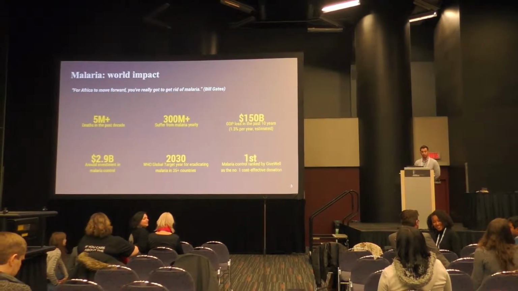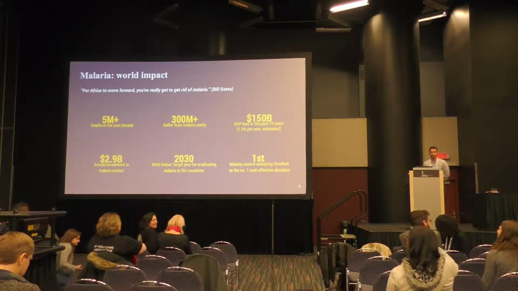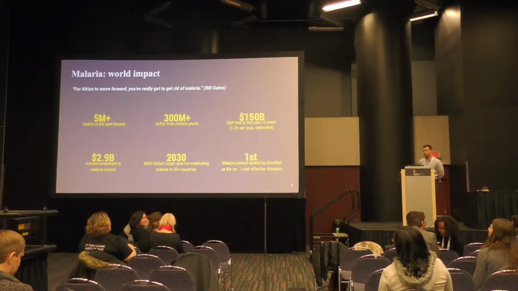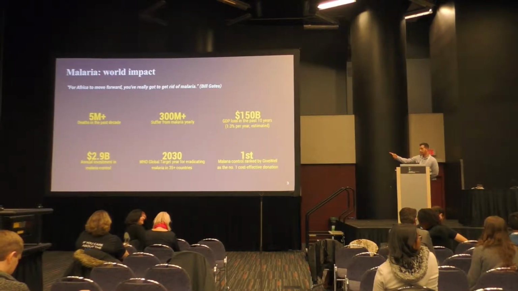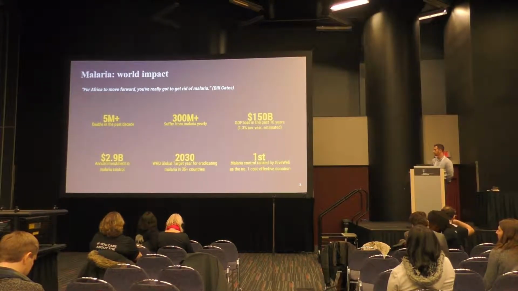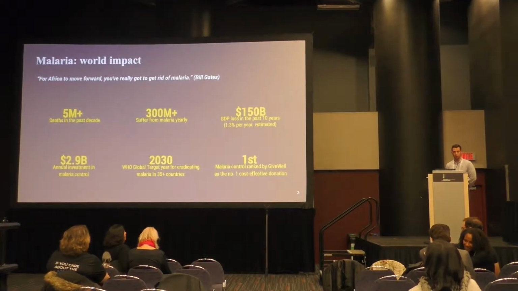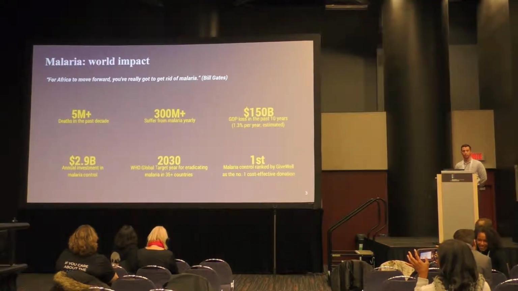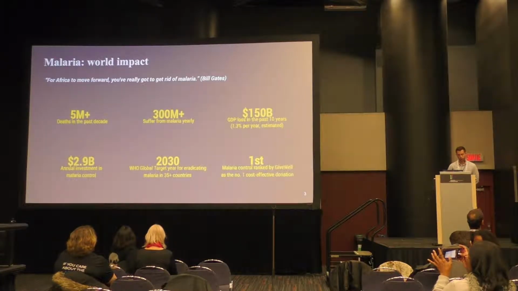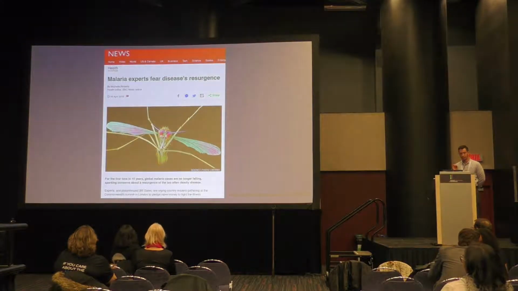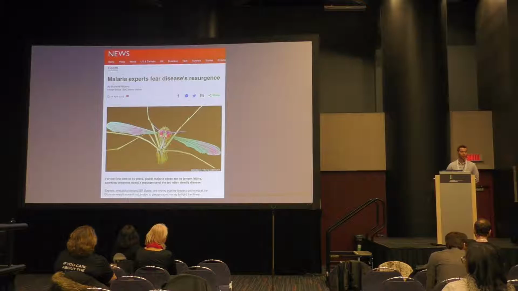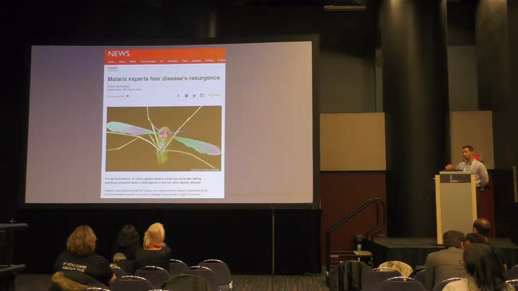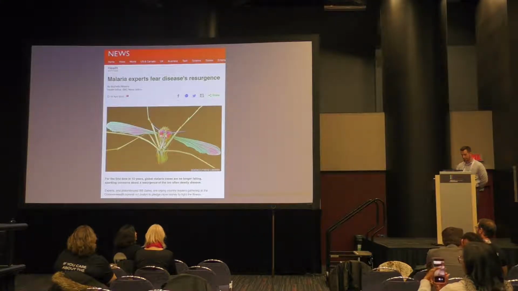And in addition to being fatal, people who get sick with malaria can't go to work, can't go to school, and it also leads to a loss in development, in addition to the actual cost of malaria interventions. The WHO set a goal for 2030 to eradicate malaria in over 35 countries. But recently, this year, after a decade where each year the reduction in malaria has been smaller and smaller, this year we're not seeing any reduction in the prevalence of malaria. The methods are becoming less and less effective.